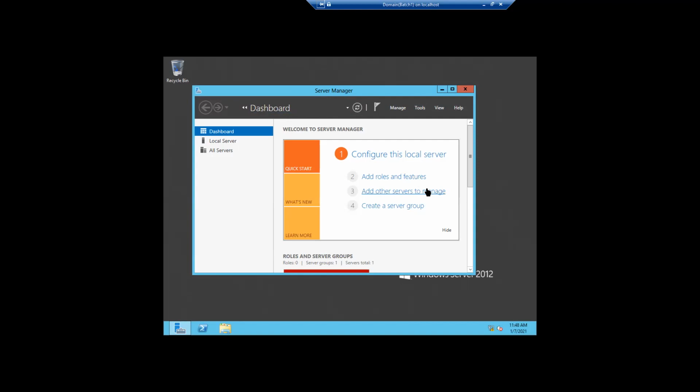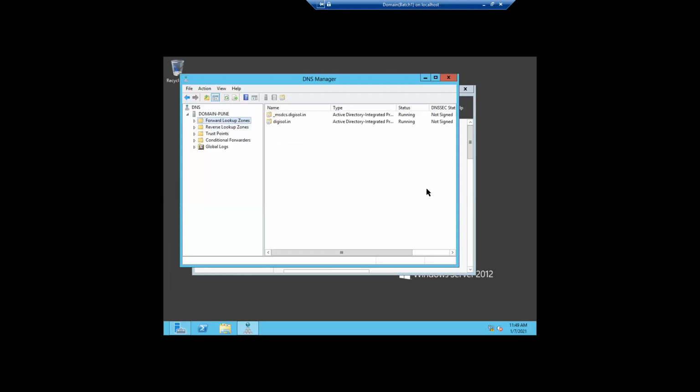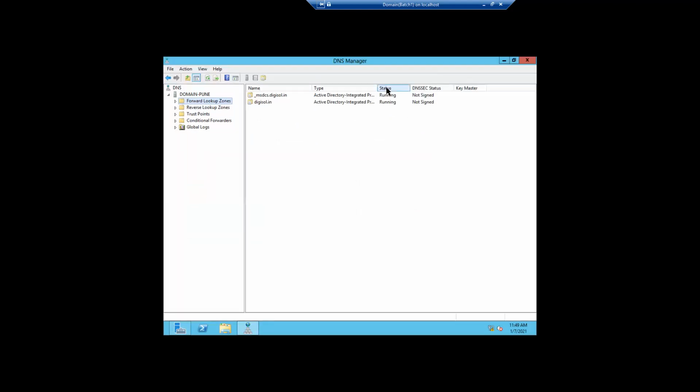Open DNS, right? It is showing me DNS is running, status is running, right?